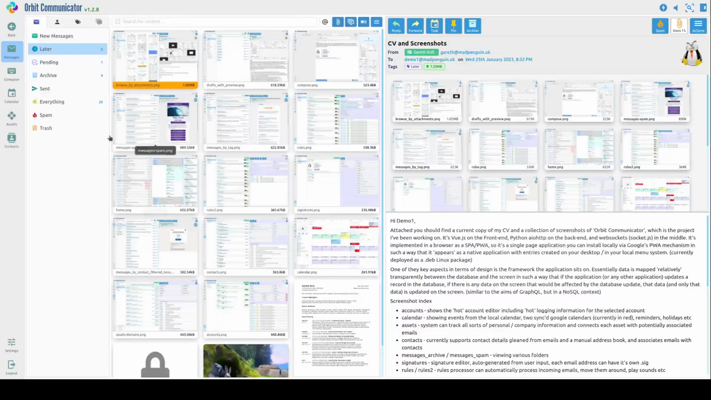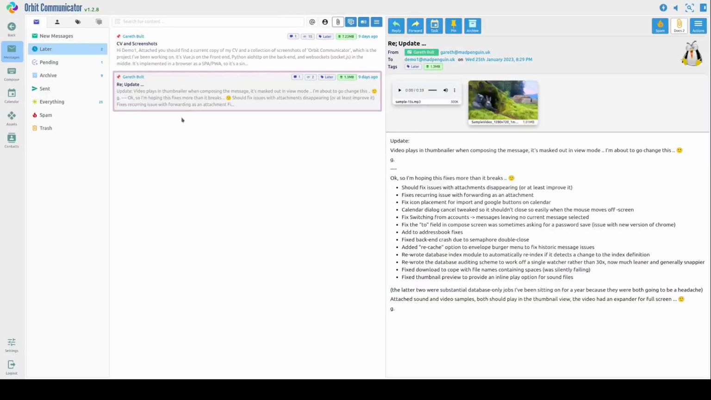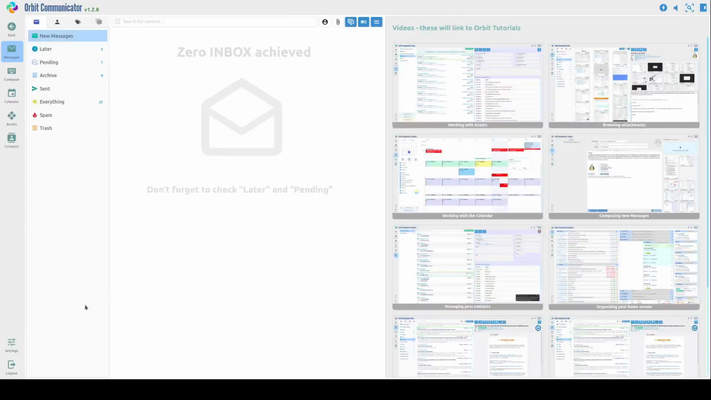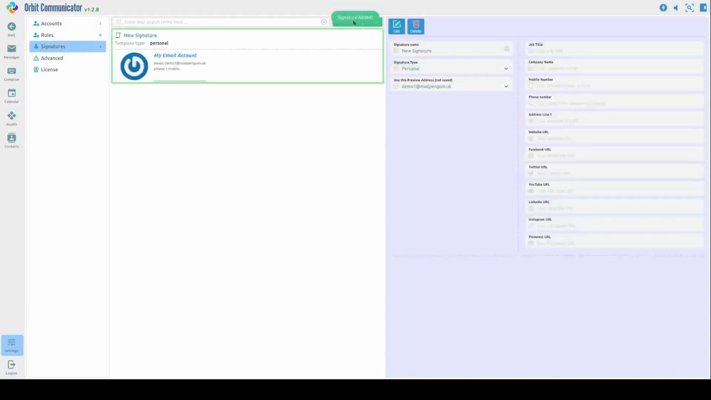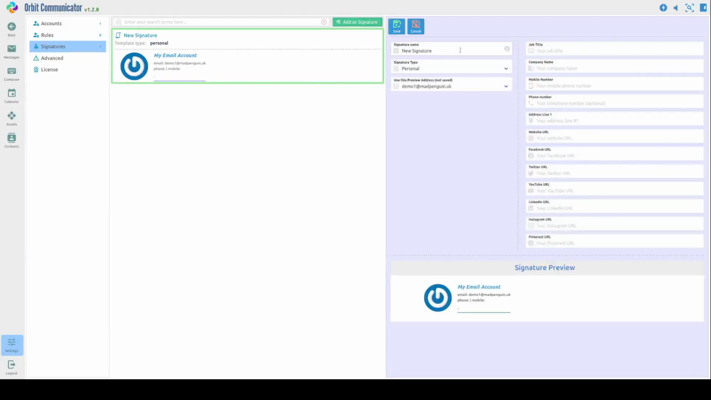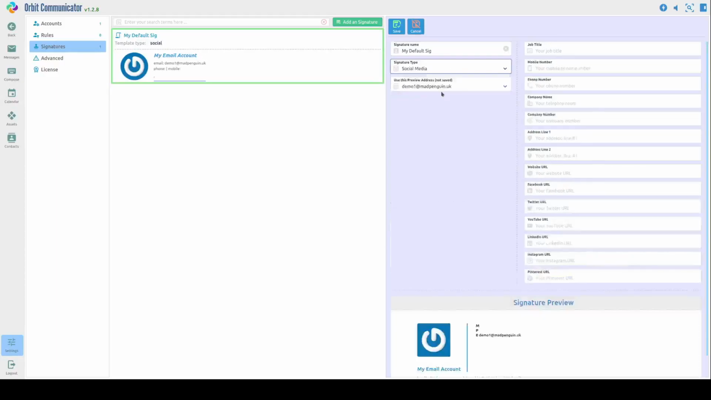So next, if I just turn that back off again, if I come back to settings, what I haven't done yet is to configure a signature. So if I add myself a signature, I have a bunch of templates to choose from: personal, business, social media. If I go for a social media template, I can preview it through different accounts if I have different accounts,